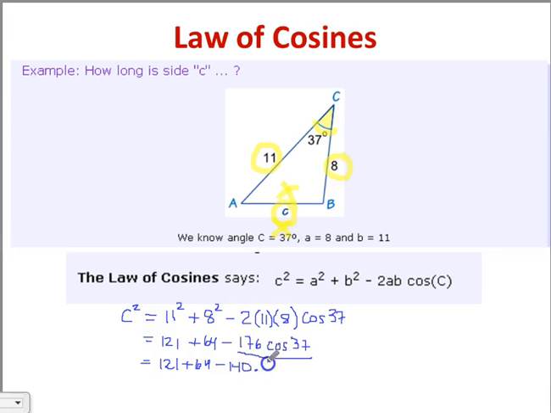I'm going to go to 2 decimal places, 140.56. And then order of operations, we're going to add and subtract as we move from left to right. So 121 plus 64 gives us 185, and subtract 140.56 from that, and we get